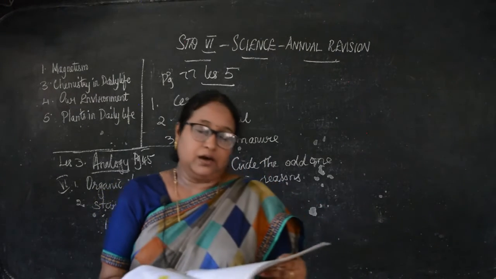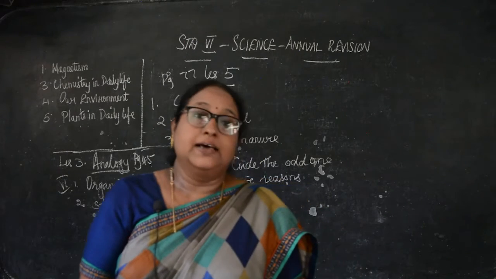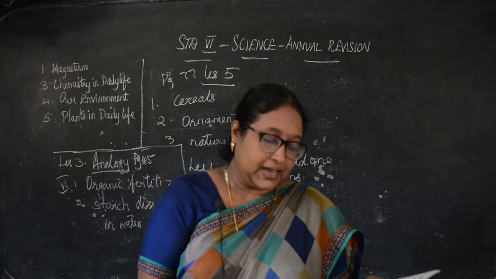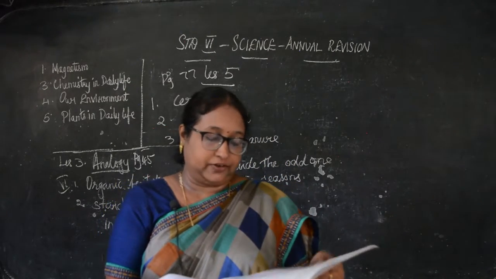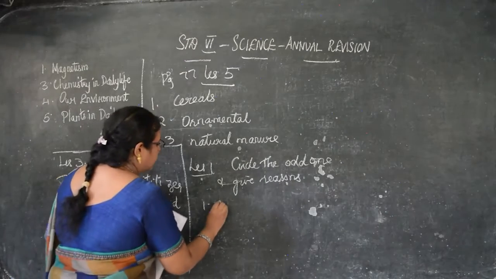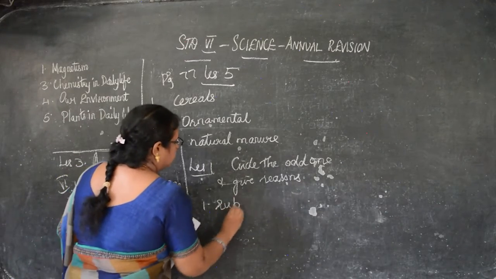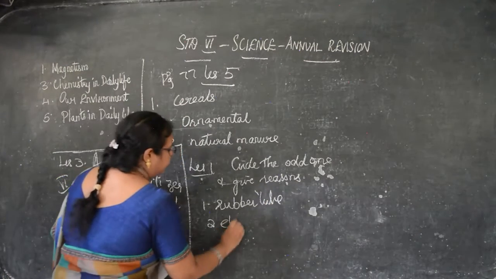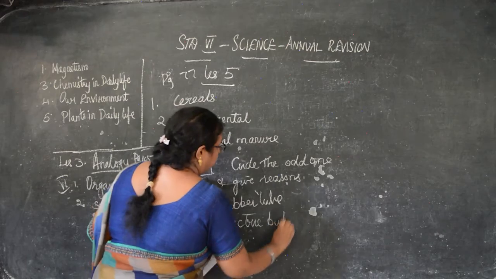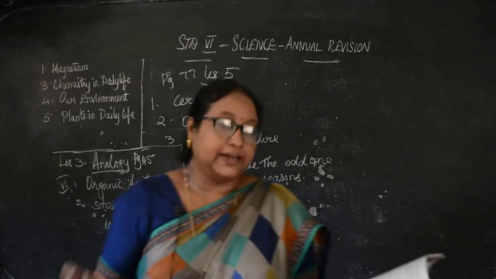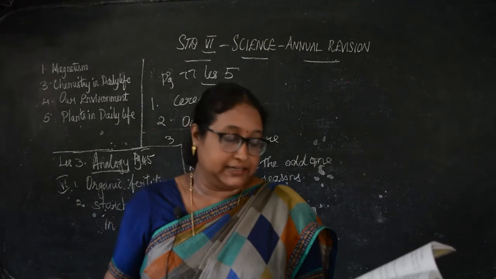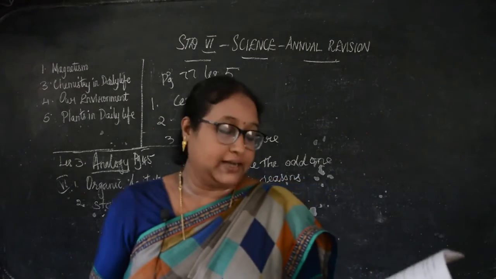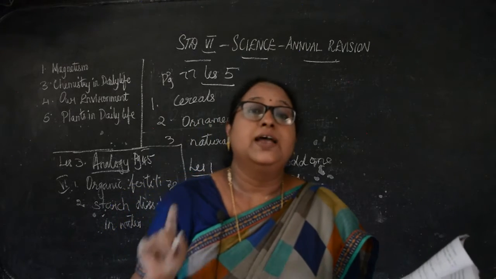What will you underline? Rubber tube. So what will you write there? Rubber is a non-magnetic substance, others are magnetic substances. Next, number 2 is lift, escalator, electromagnetic train and electric bulb. So first one what I said? Rubber tube. Okay, you have to underline. Second is electric bulb, you have to underline. What reason will you write there? Electric bulb does not have magnets, others have electromagnets.